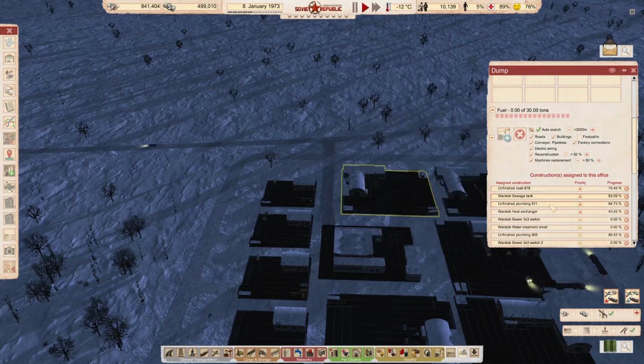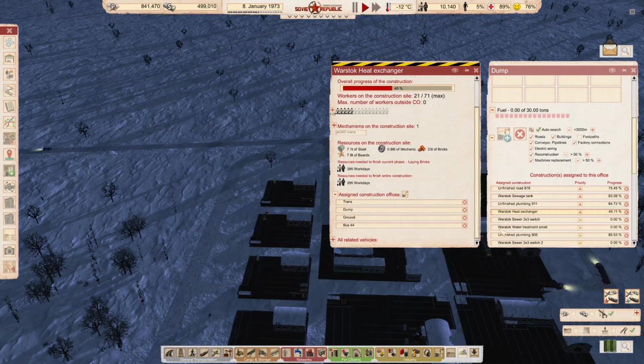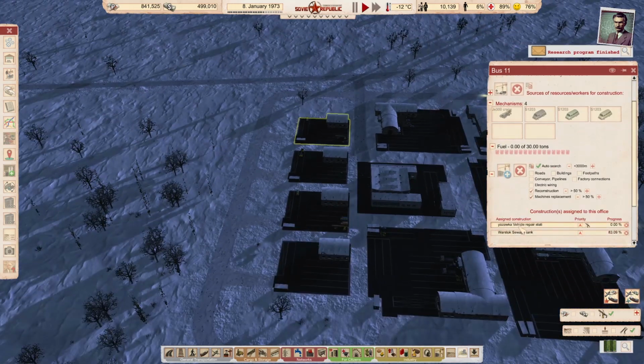This is great. Plumbing here, great. Bus is already assigned. Heat exchanger, they already have everything. That is as well great. What do we have? Capacity. Let's see capacity. Whoa, you have...